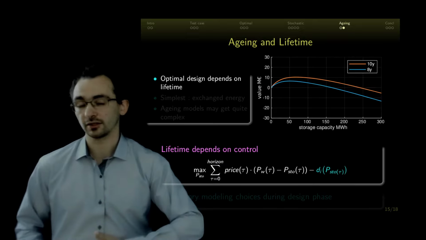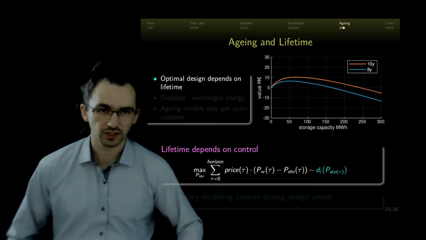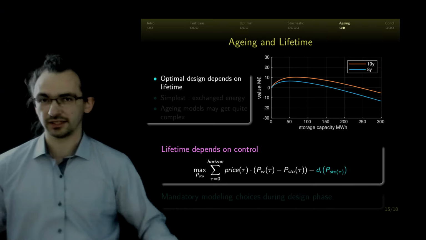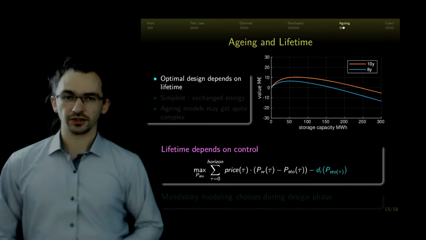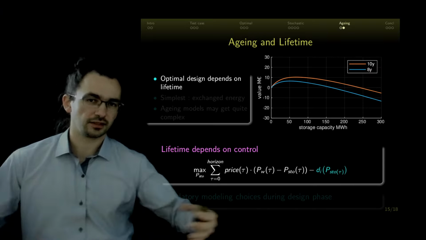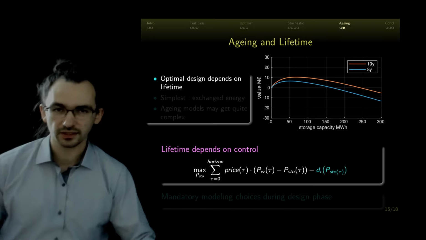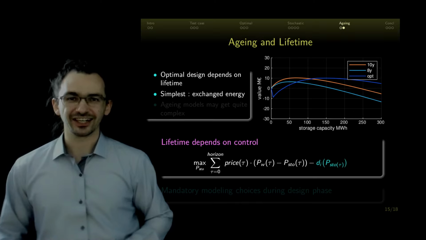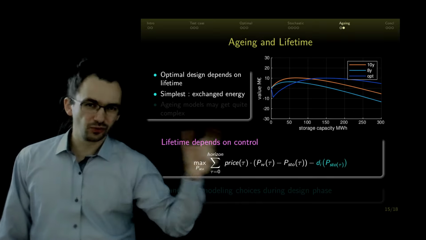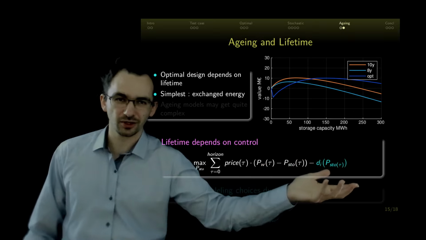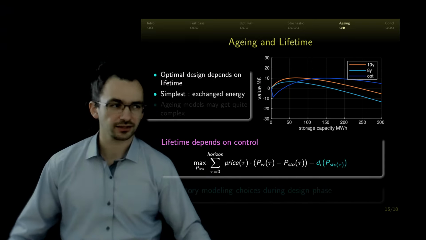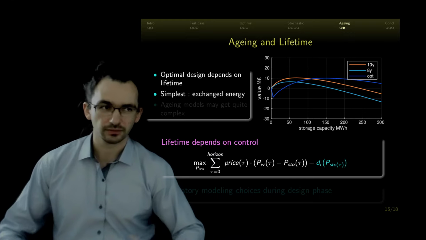And if this state of health reaches 0, then the battery is considered dead, and it is the end of the lifetime. So it adds a new complexity to this problem, but the real complexity is what could be this aging model in itself. Because when I want to modelize how a battery could decay,